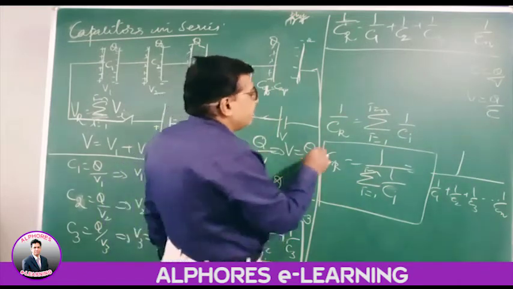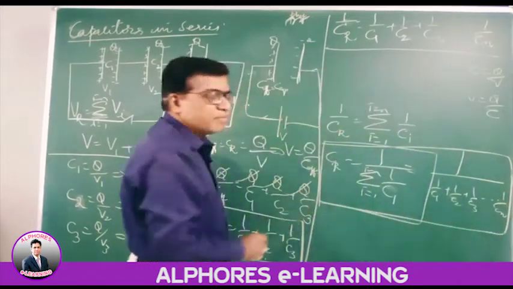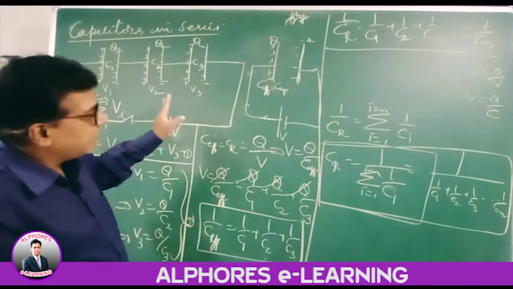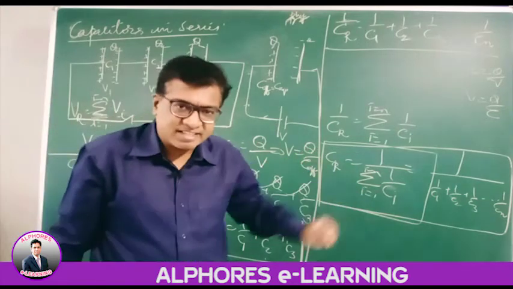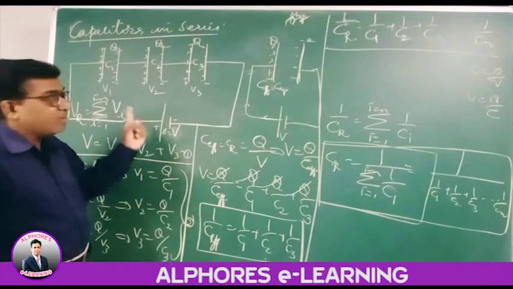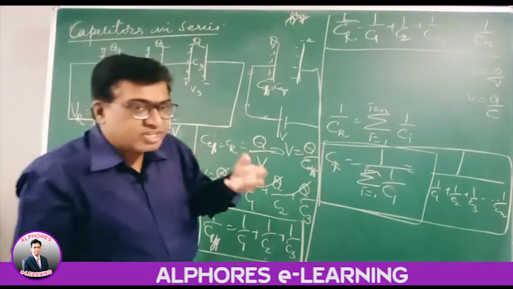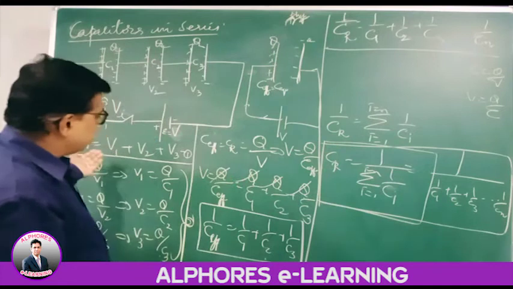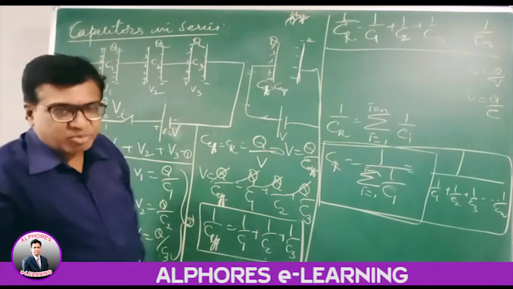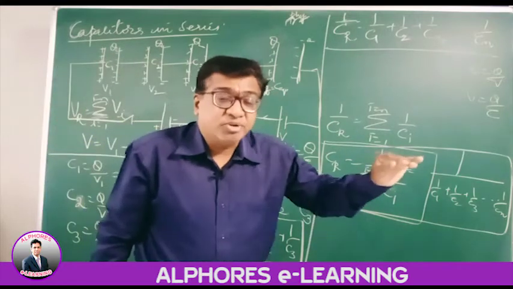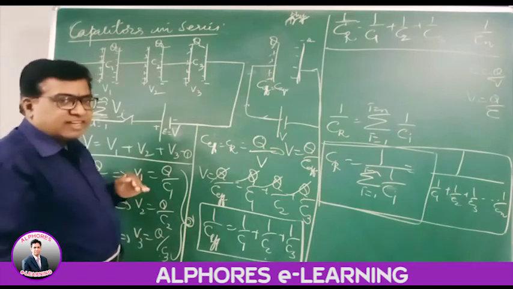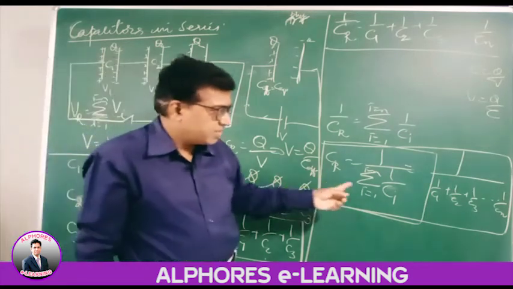This way we find the resultant capacity when capacitors are connected in series. In series, the total potential is the algebraic sum of all the individual potentials, so the potential is adding up. For the same charge, the potential is adding up, but the charge stored is the same in all. Therefore the effective capacity is like this.